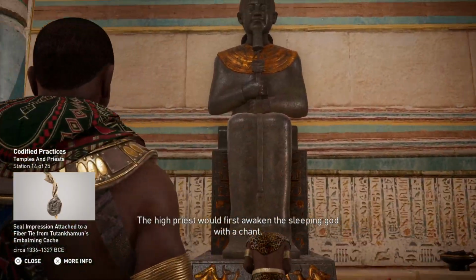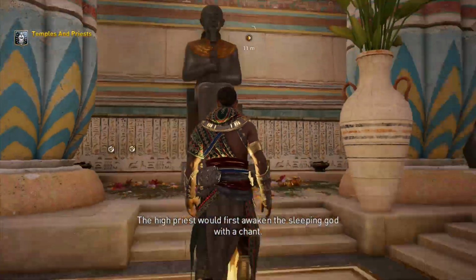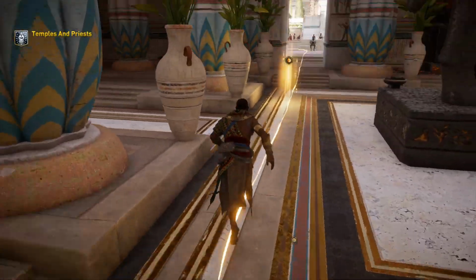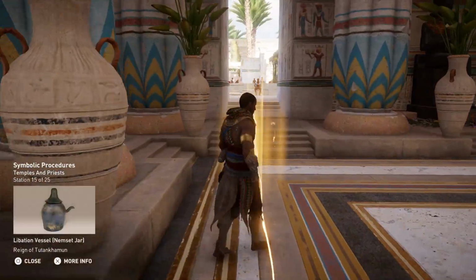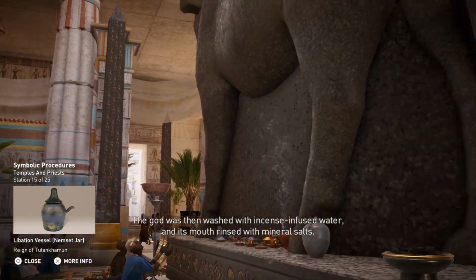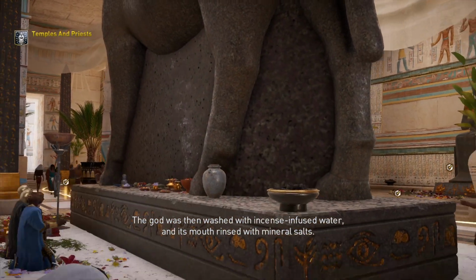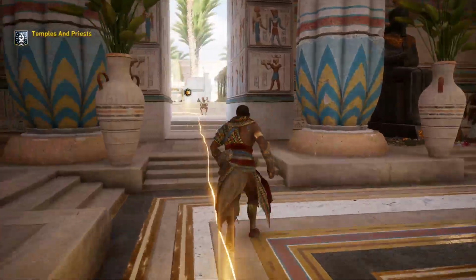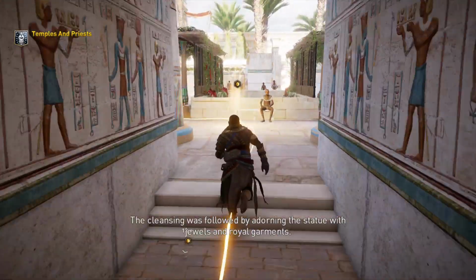The high priest would first awaken the sleeping god with a chant. Then the seals of the shrines. The god was then washed with incense-infused water and its mouth rinsed with mineral salts. The cleansing was followed by adorning the...